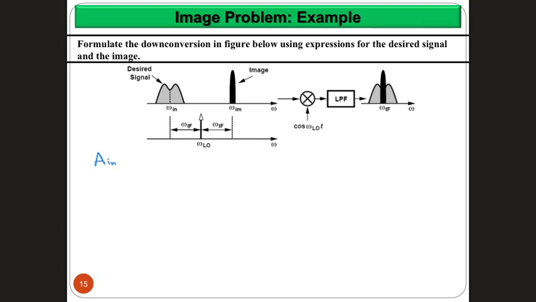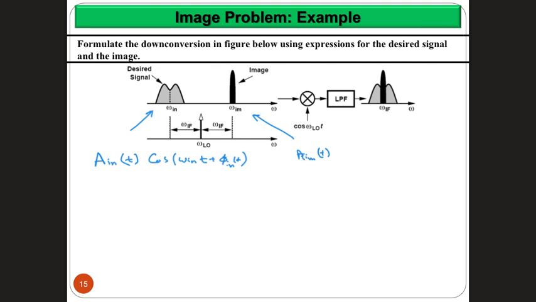So the incoming signal is A incoming with some envelope, multiplied by cosine omega incoming t, plus some phase shift in general, right? And the other signal is some A image, some envelope,